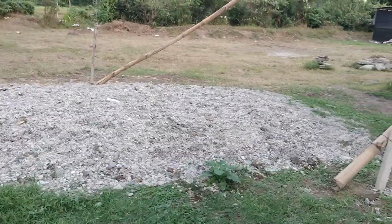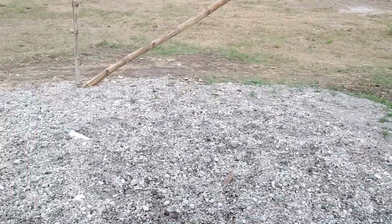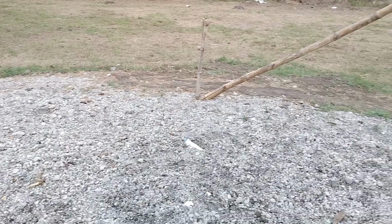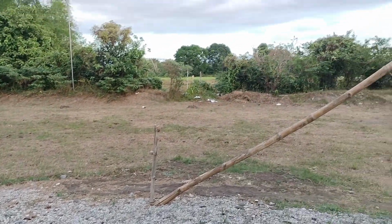The gravel here. There's a part out in the front of the road that I'm going to use some of this for, so that when we turn in, I'm going to extend our little turn-in area a little bit better. Sometimes the turn is too short, it's too tight, and I'll show you what happens. So we're going to use some of this. We're going to wheelbarrow out to the front, and just